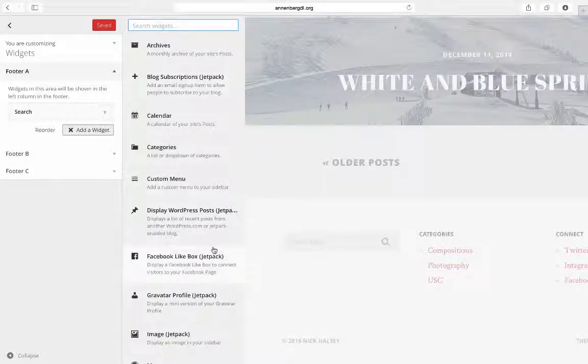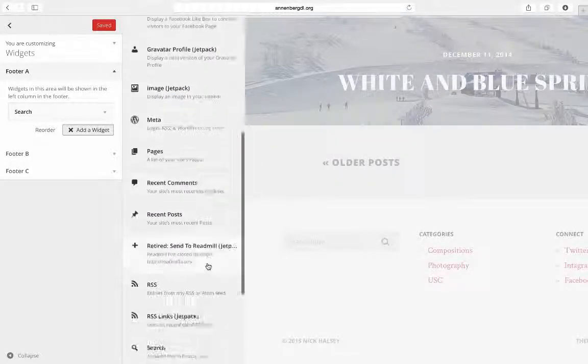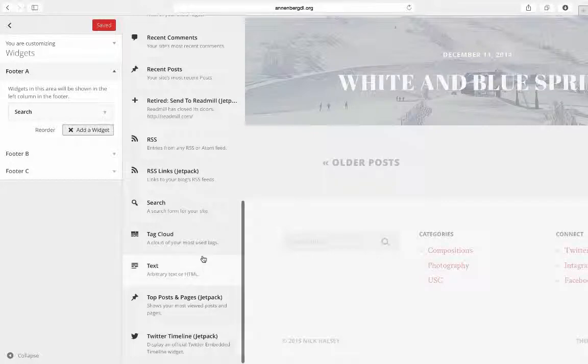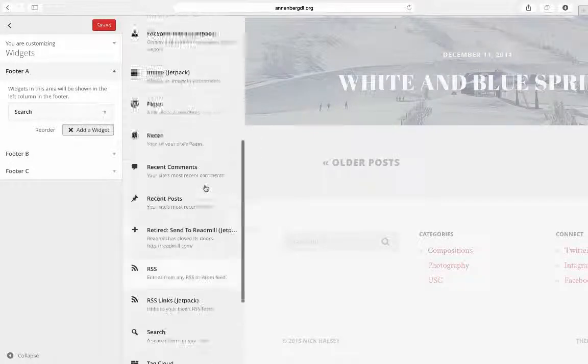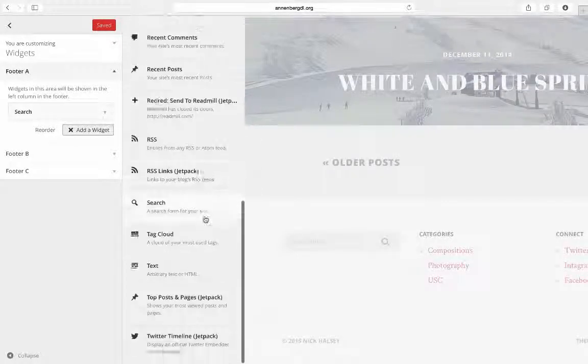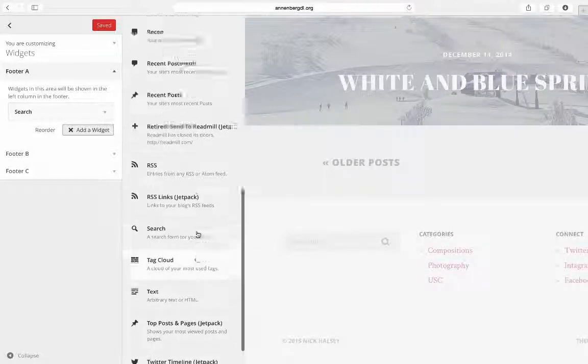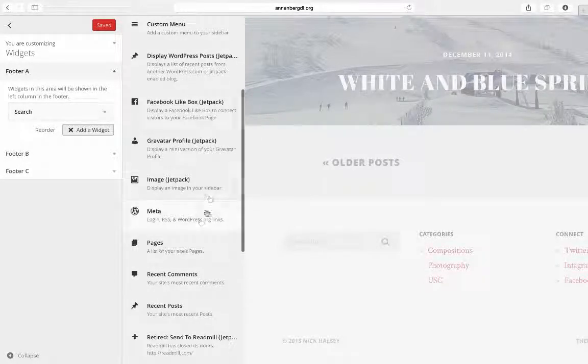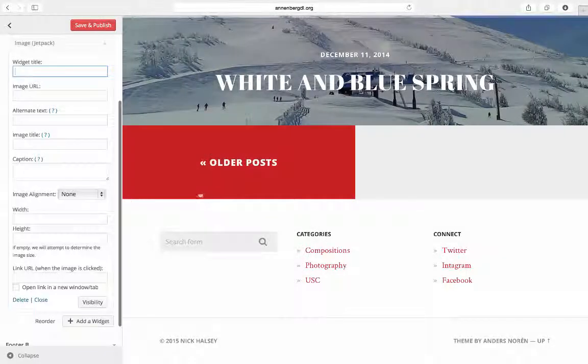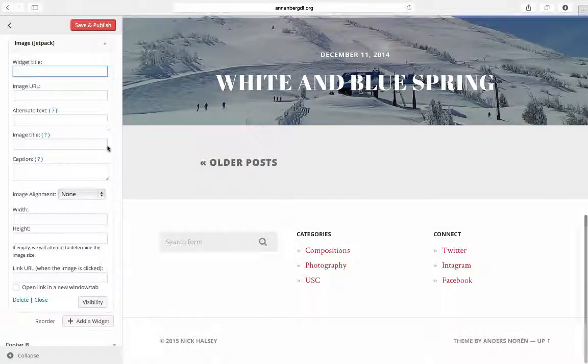You can see there are several different widgets that are now available that are added by Jetpack. You can also install additional plugins to add additional widgets, but Jetpack does come with a nice bundle of several. And so, for example, you could now embed some of your most recent tweets or something else like that. In my case right now, I want to add an image widget here. And so you can see